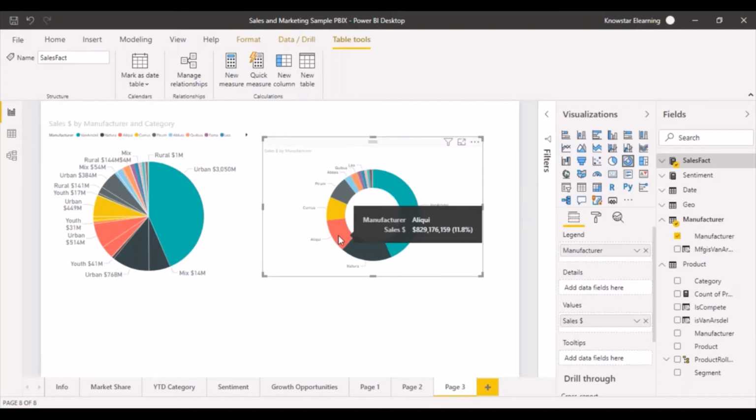Okay. So these are the two other charts that can be used as well, just for categorizing the data by some dimensional attribute and viewing a measure, slice and dice upon that categorization on these visualizations.